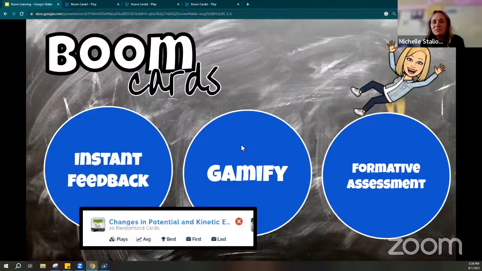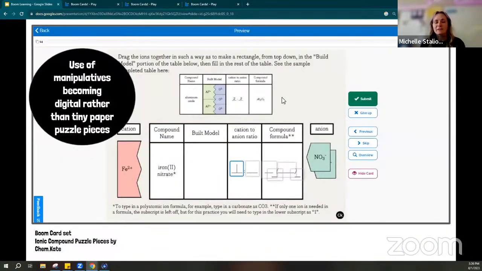And then, of course, it is such a good formative assessment, since they do have an opportunity to go in and redo a set of Boom cards. I often encourage them, let's work together on this set and retry it again on your own. So it gives me the chance to see where they are, see how they're doing, and then they can go back and reattempt or improve so that they are stronger. I don't ever use them in a summative way, always as that formative piece to make sure that they are gaining what they need. I have found that there are many different sets out there that apply to 8th and 9th grade physical science that are already wonderful in the library for Boom cards.